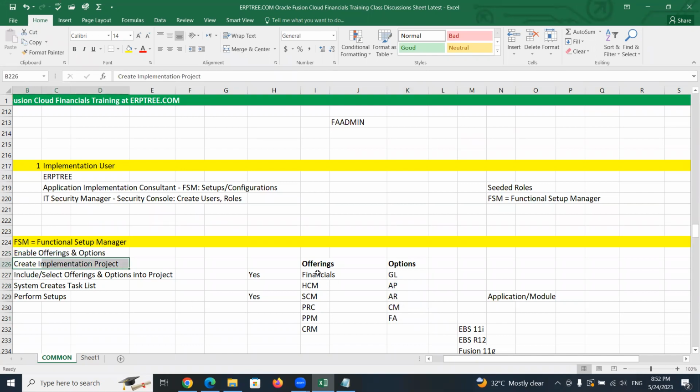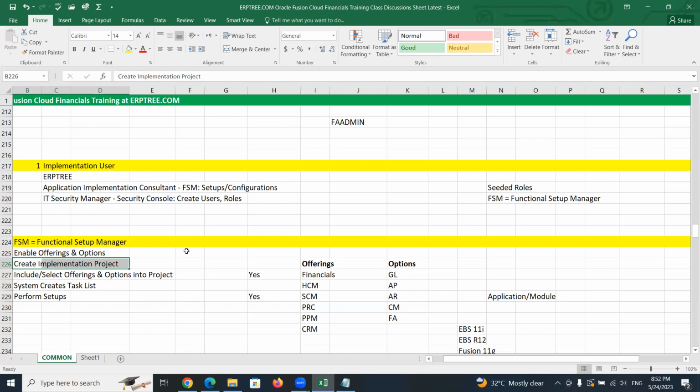If you don't enable financials, and you create an implementation project, you cannot select financials into it. It means you cannot do the finance related setups related to GL, AP, AR, CM, and FA. That is the reason we have to include those applications or offerings into our implementation project.